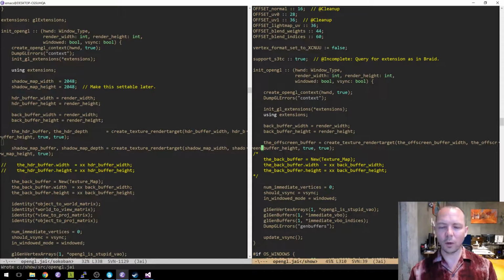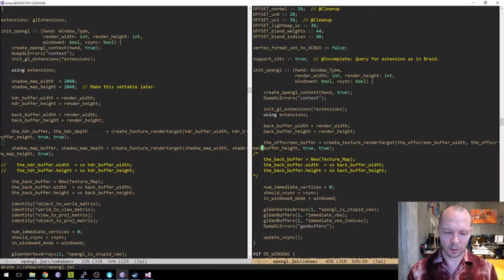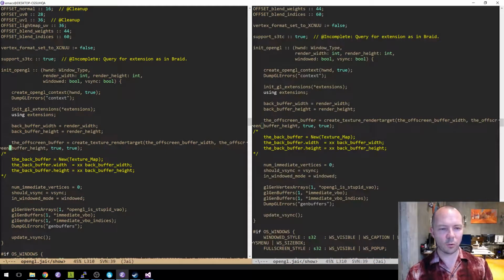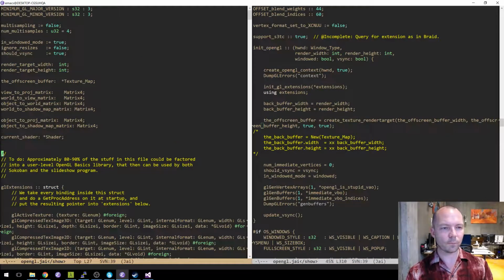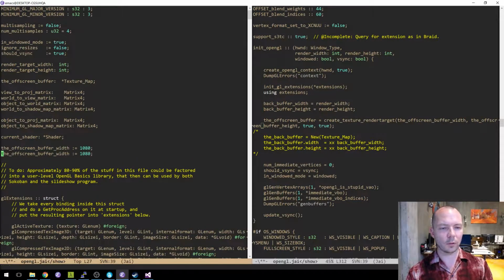And I don't remember, this is something about is it HDR or not, and does it have a depth target or not? We'll modify that to taste probably. Okay, so no, not 1080, 1920 by 1080.